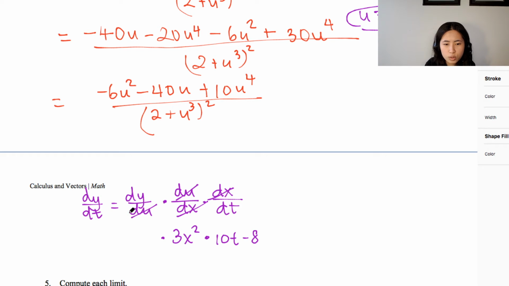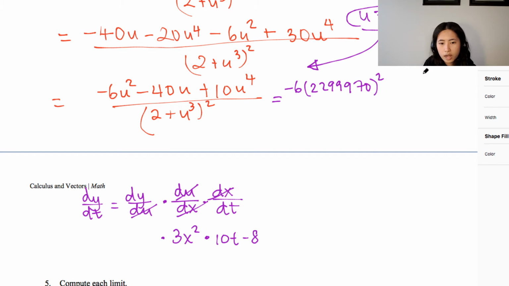And then you're multiplying this to whatever we're getting. That's the time when you actually plug in your dy over du. So you're still going to say this is -6, and then you have 2,299,970 squared minus 40 times,